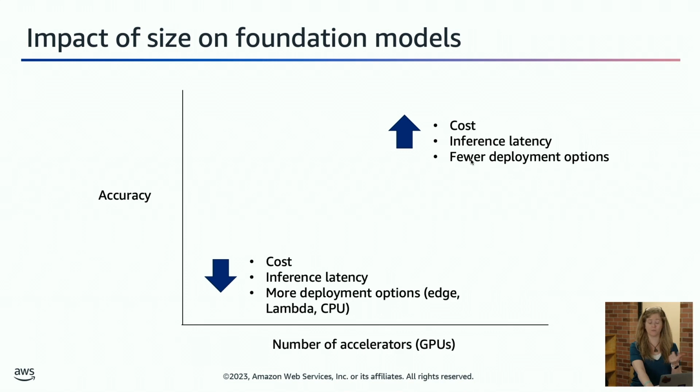So you're going to see a more accurate model, and that model generally needs more accelerators. You're also going to see the cost go up, because you literally need to provision more GPUs and more accelerators, and the cost for all of that is going to increase. You're also going to see the inference runtime increase. Because you literally have to communicate with multiple GPUs and multiple accelerators, the inference runtime is just going to go up. There's no way around it.